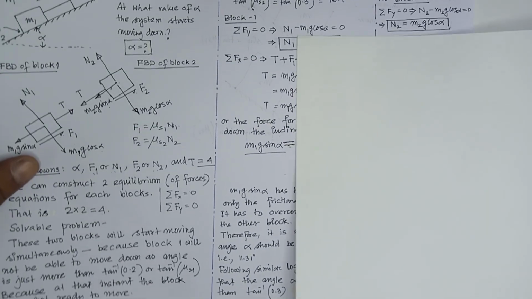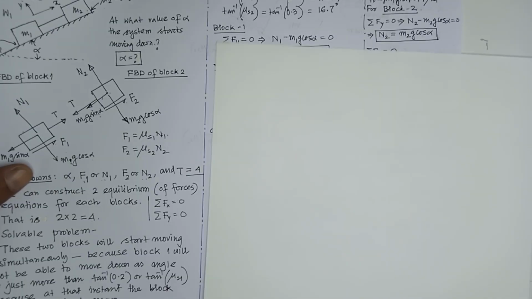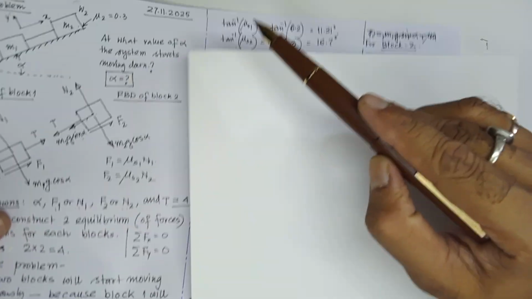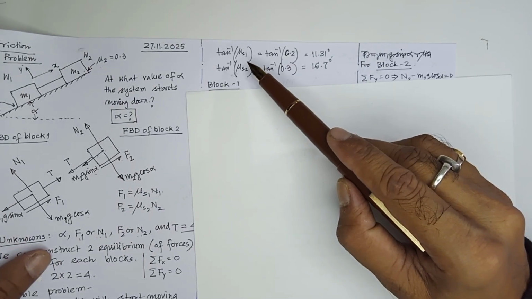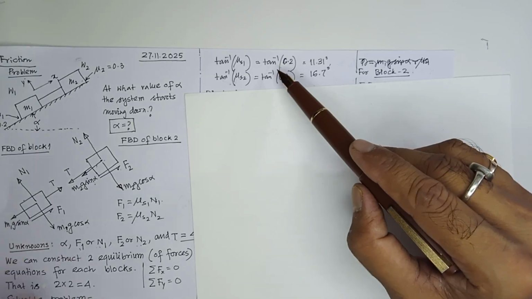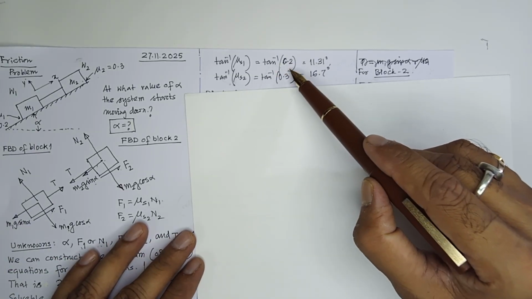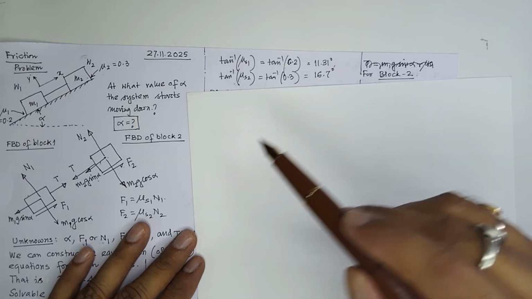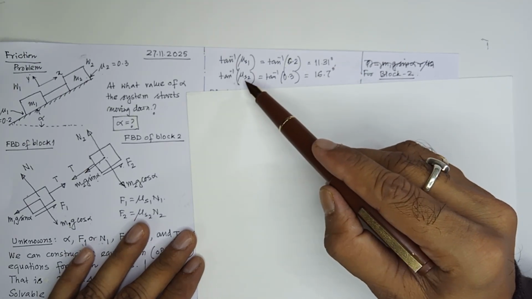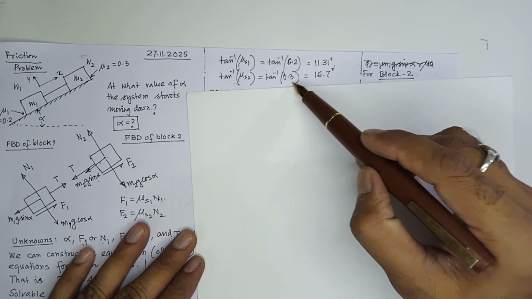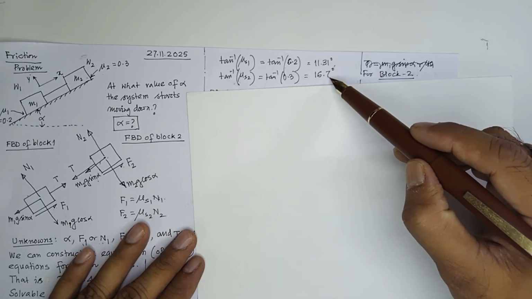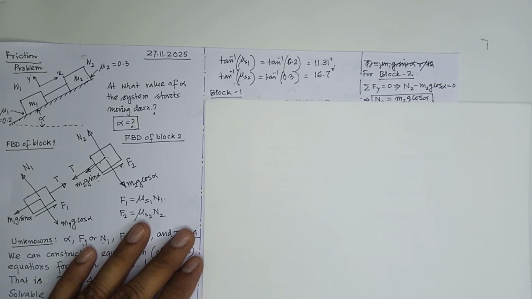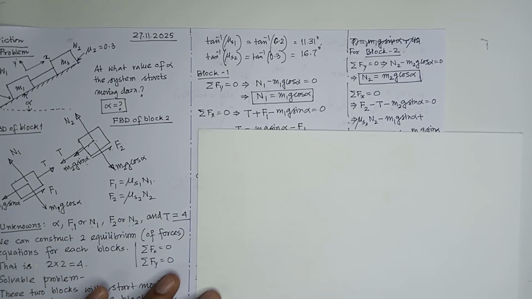Okay. Next, what is tan inverse mu s1? Tan inverse mu s1 is equal to tan inverse 0.2, that is 11.31 degrees. Tan inverse mu s2 is equal to tan inverse 0.3, that is 16.7 degrees. Okay. Next, if we write the